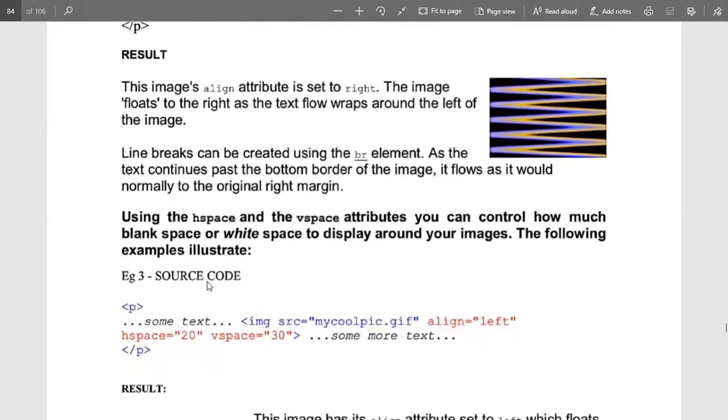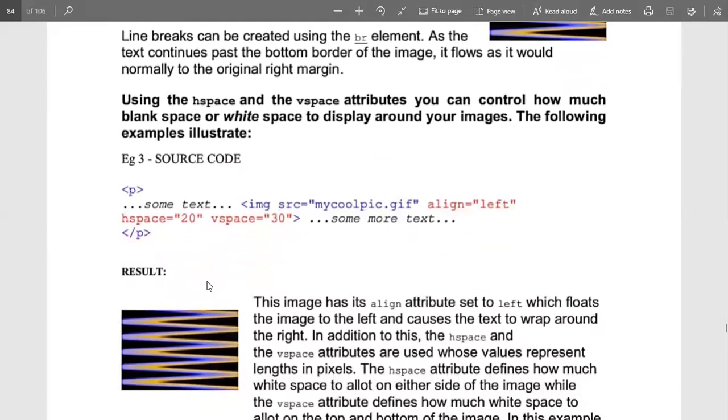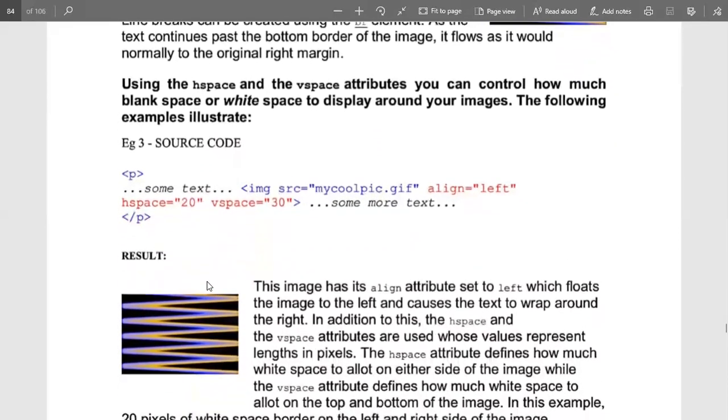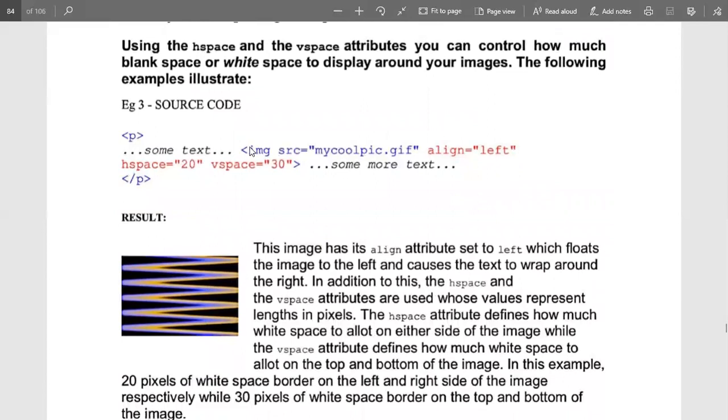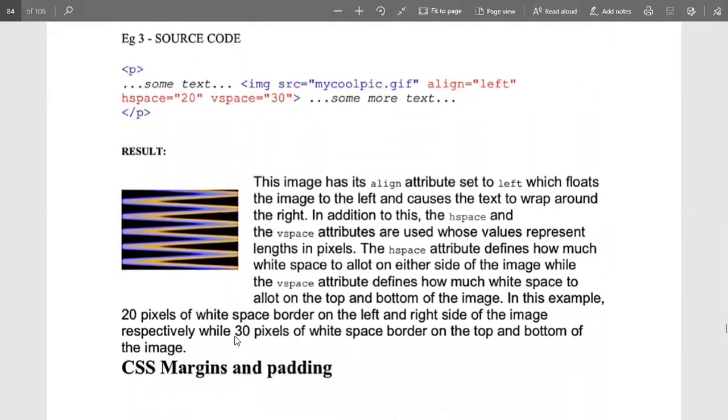So now the example of hspace and vspace is here. Look, the image tag contains a source attribute with a URL, and alignment is left. So the image is definitely at left, but the horizontal space is 20 and the vertical space is 30. So vertical space is this one and horizontal space is this one. That is done with the help of hspace and vspace.